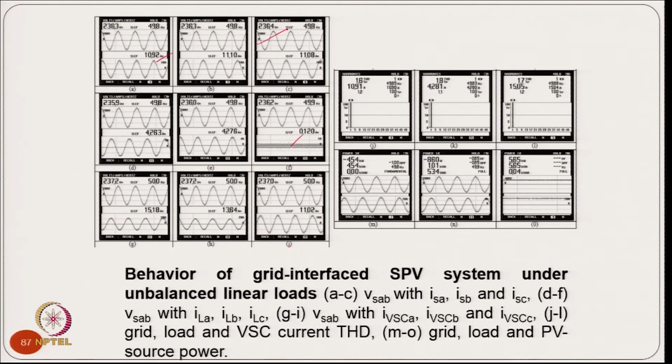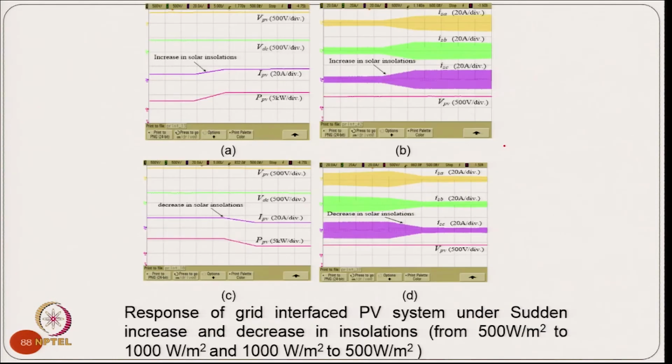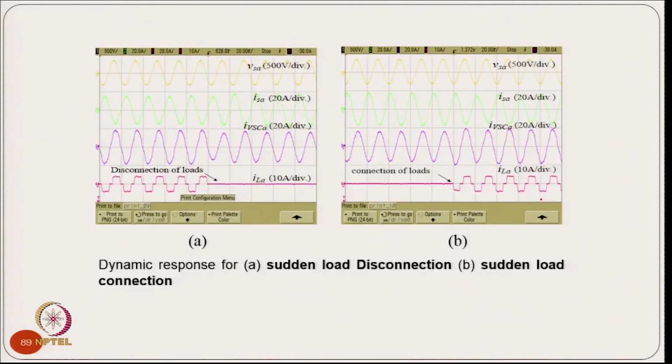and you are able to get a quite low THD of the grid current, about 1.8% or so, and you are maintaining unity power factor of the grid in spite of the low lagging load power factor. Under solar insolation variation you can clearly see the increased grid current for all the 3 phases, and when the solar PV generation reduces, the grid current also reduces. And then when load is removed the grid current is increased to accommodate the same power,